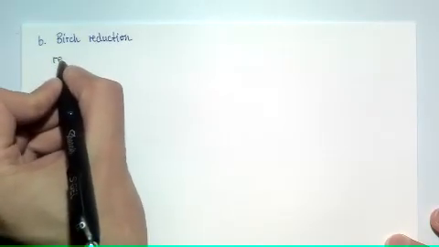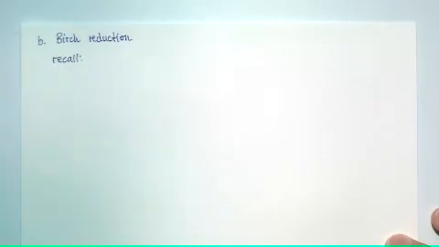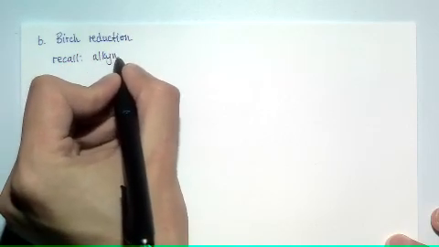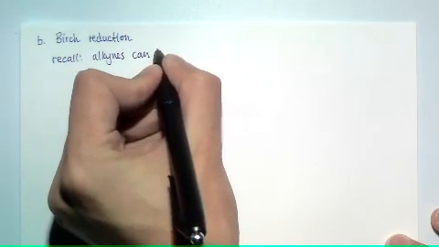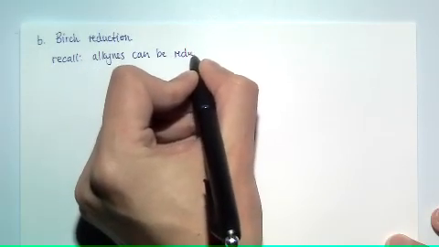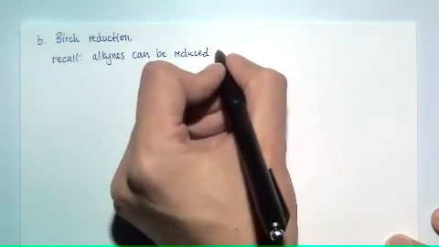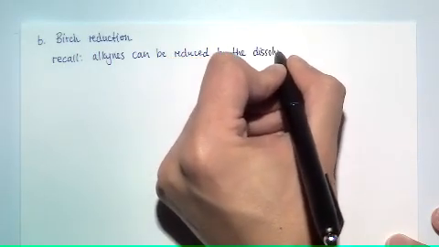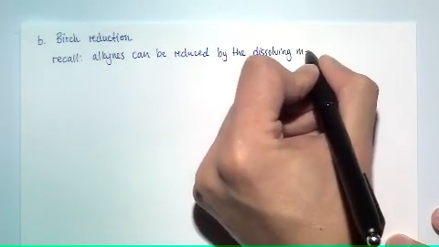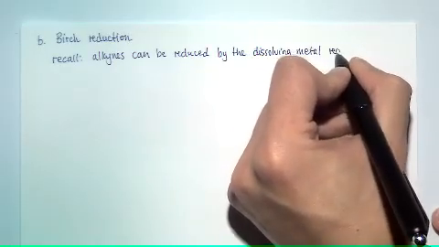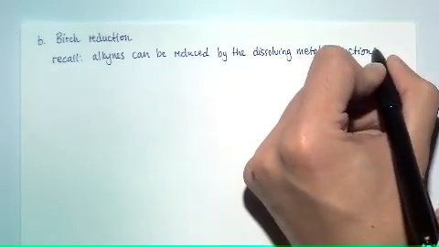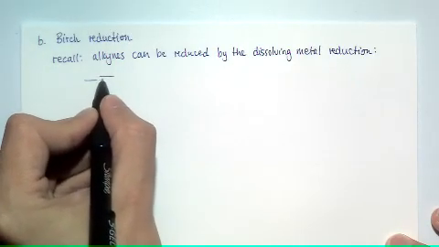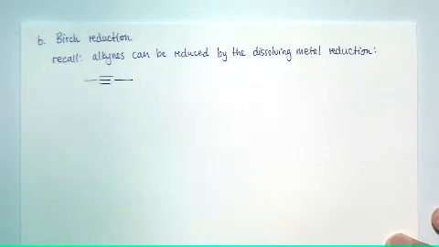So you might remember from Chem 1 that alkynes can be reduced by dissolving metal reduction. So if we've got that alkyne,